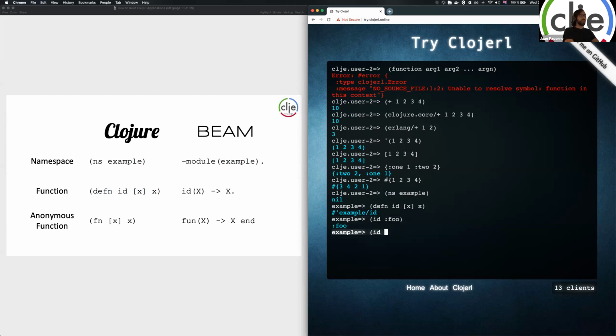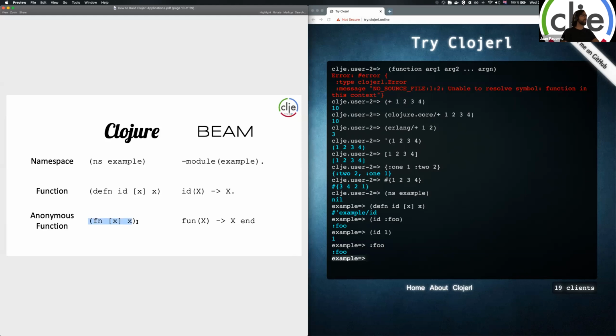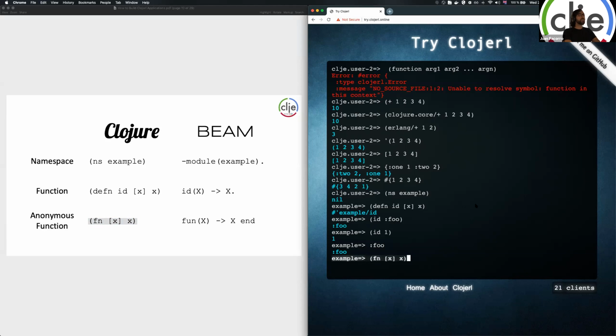So this specific thing is called a keyword in Clojure, and it just translates into an atom, because syntactically and semantically that's the same thing that a keyword in Clojure is: something that represents its own value. And Elixir does the same syntax, just as a plus. Anonymous functions you declare with the fn, and here we see the